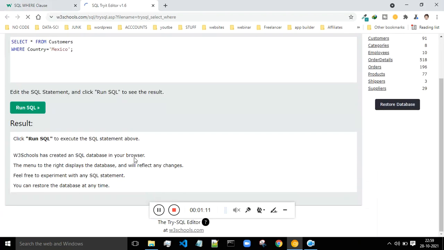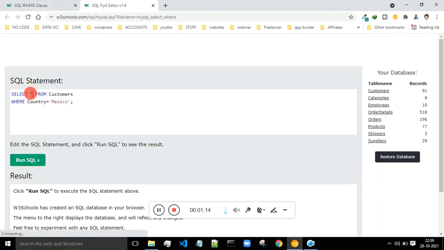What we are doing over here is selecting everything from the customers table where the country is Mexico. We are selecting all the records or rows from the customers table where the country is exactly equal to Mexico.